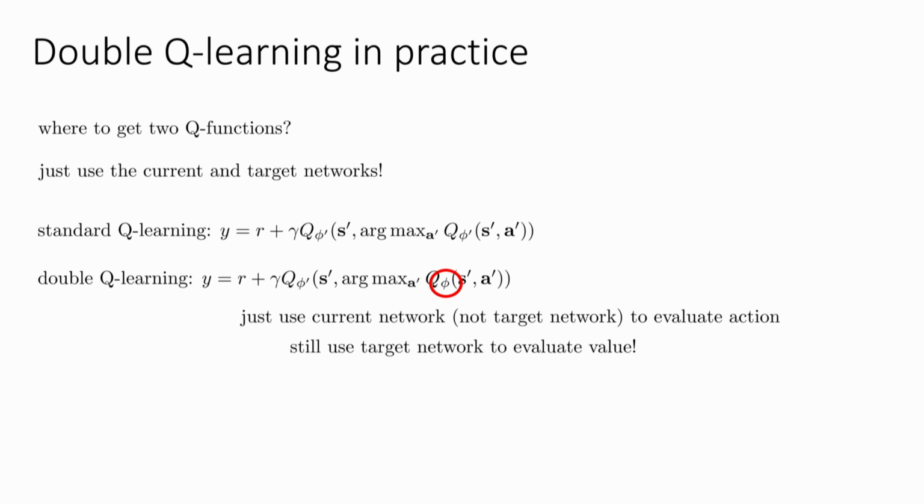Doesn't that make y somehow correlated with phi? Right, so the question is, before, the whole reason we put in this phi prime was to decouple phi from the target values, and now we've just gone and coupled them again. So, well, what can I say? Deep RL works in mysterious ways.